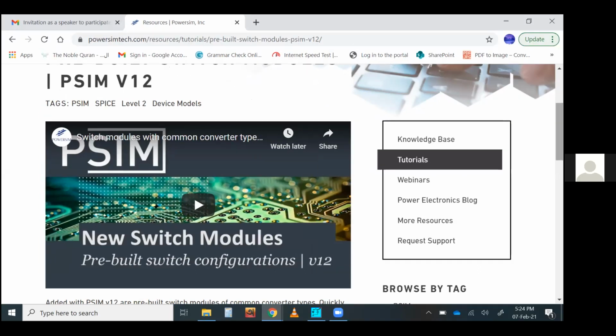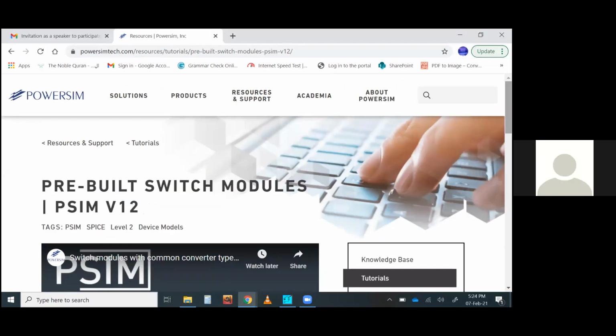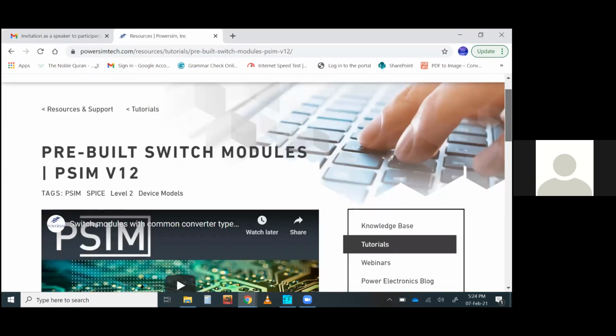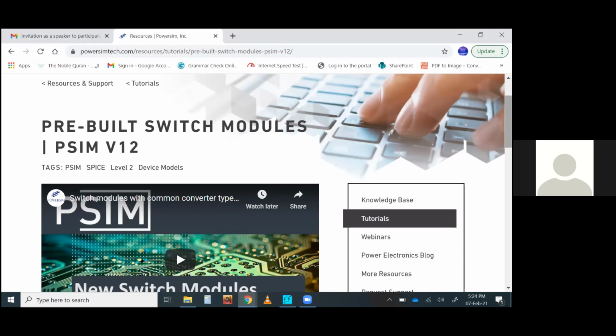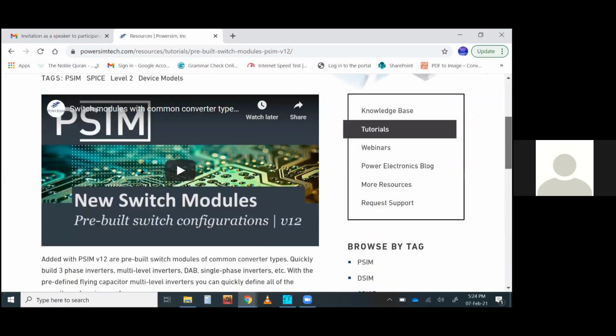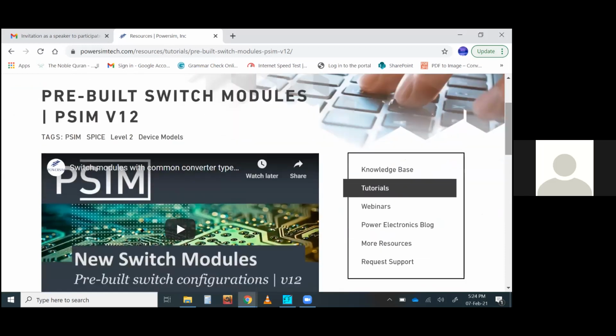So the first-hand information you can get about PCM is directly from their website, PowerSim Tech. You can go anytime to this website and find the trial version or the student version of the software. It is a limited edition, so you can give it a first-hand use, and you can find a lot of video tutorials here that can give you a vast idea of how to use this and how to simulate different kinds of circuits.